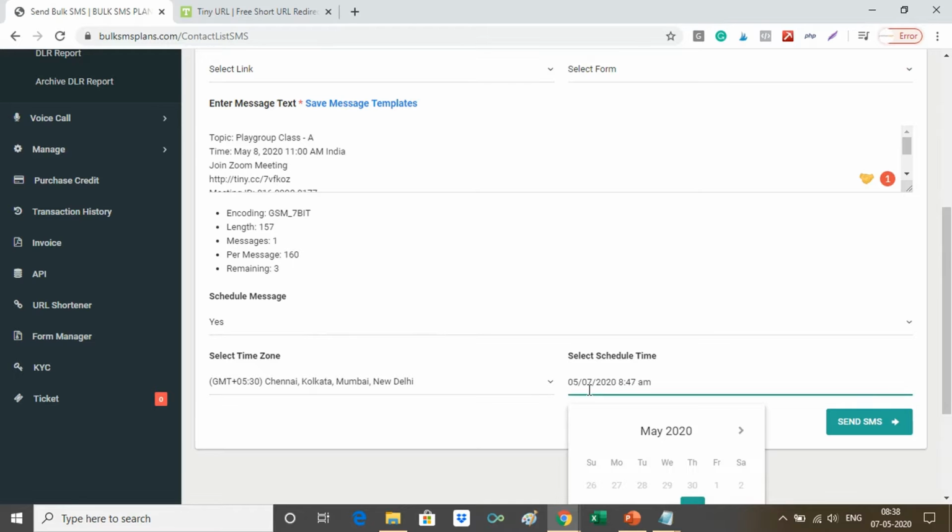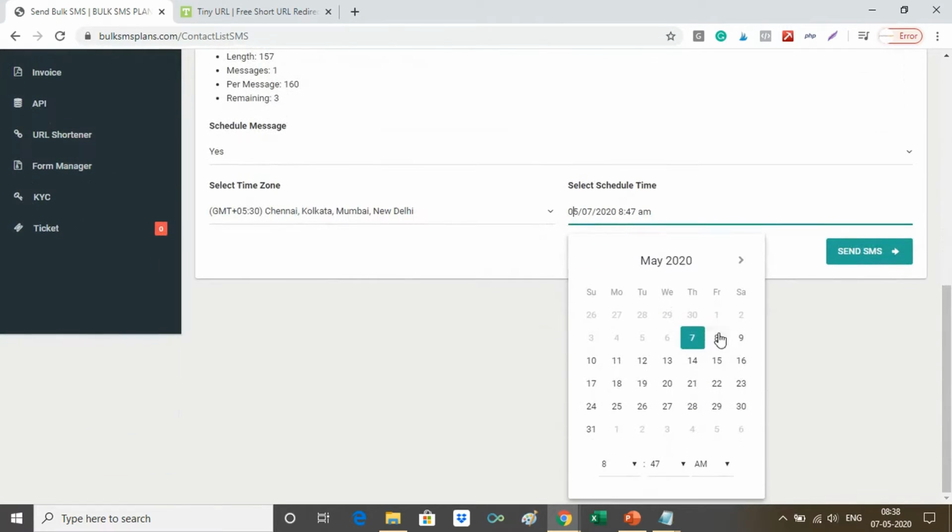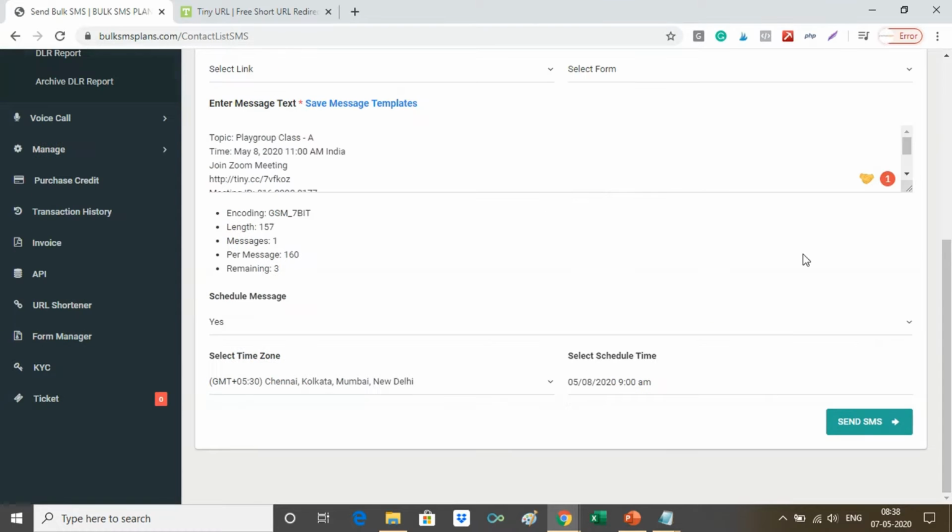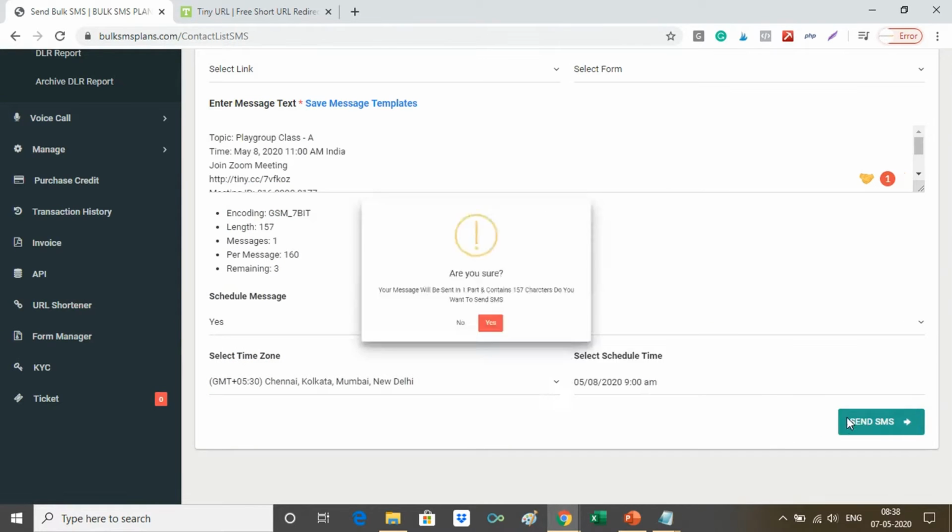So suppose the session is scheduled at 11 AM on Friday, and I want to send the parents a reminder at say around 9 AM. I'll choose the timing as 9. I have selected the date as 8, and I'm going to then click on send SMS.